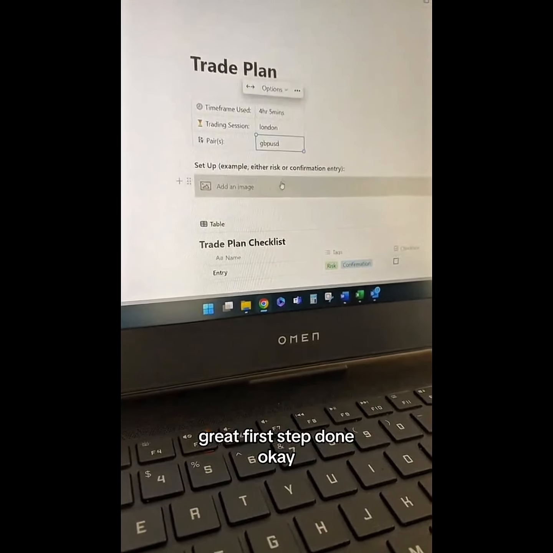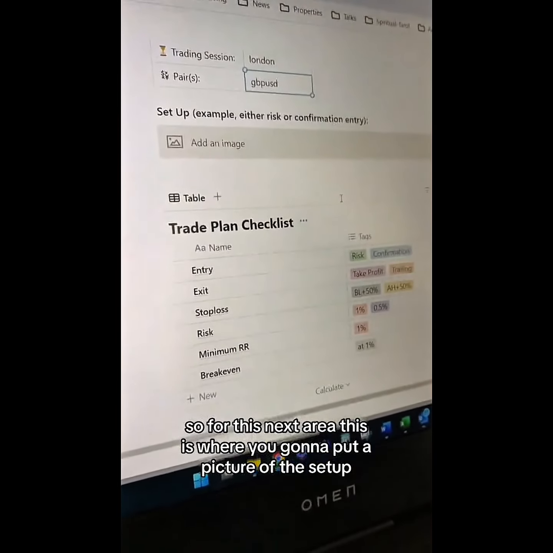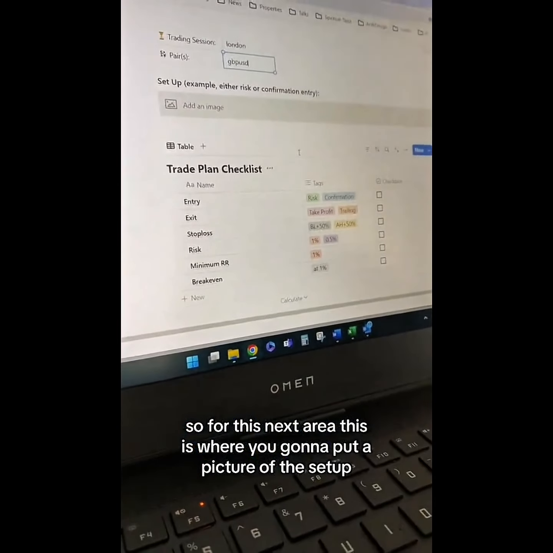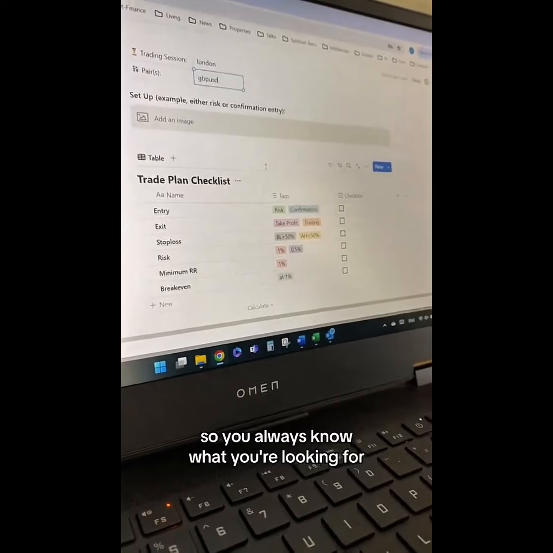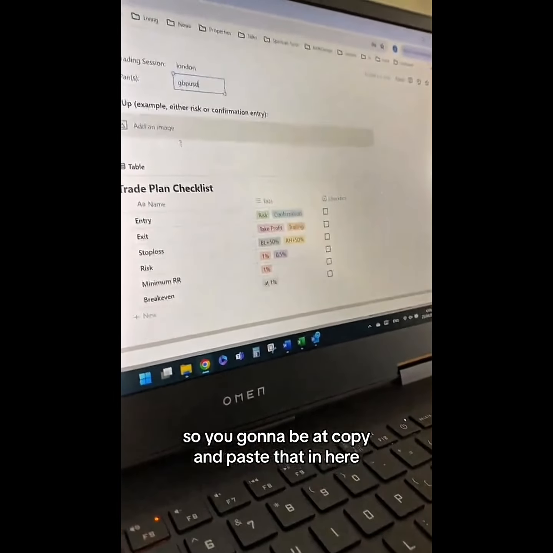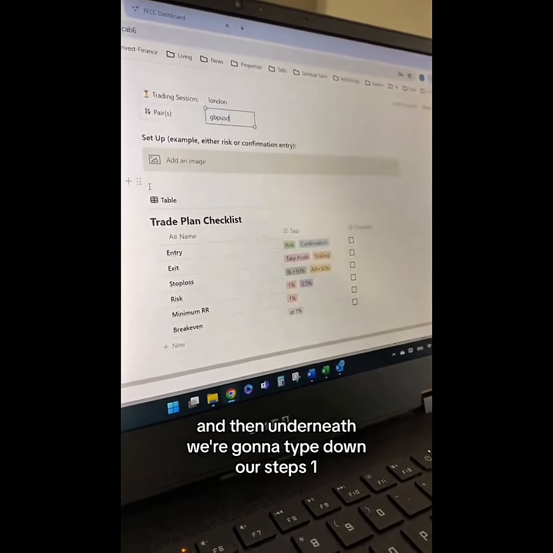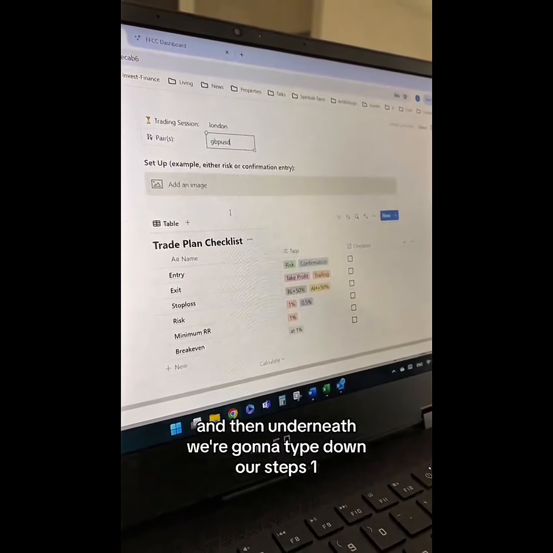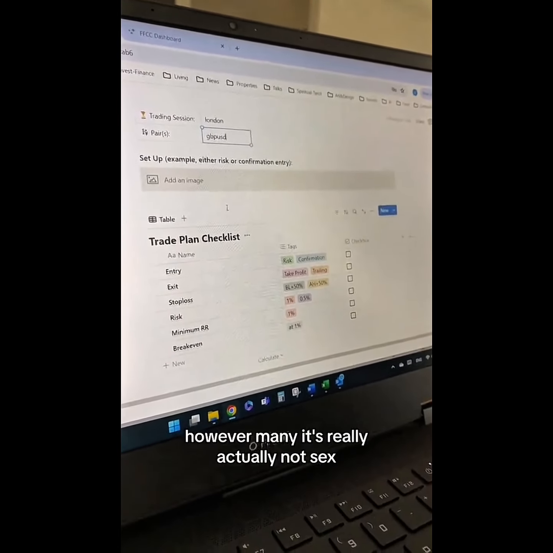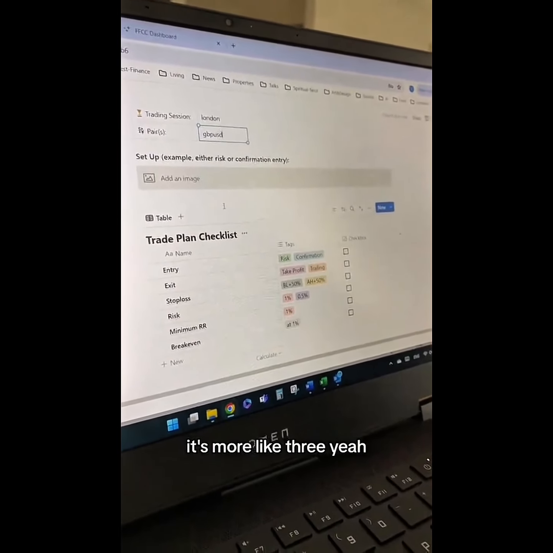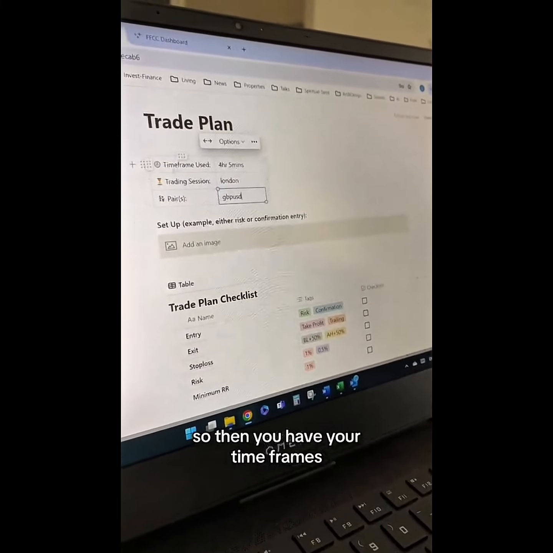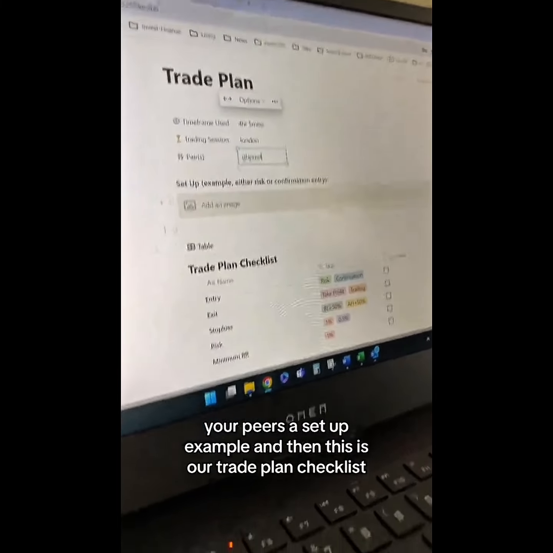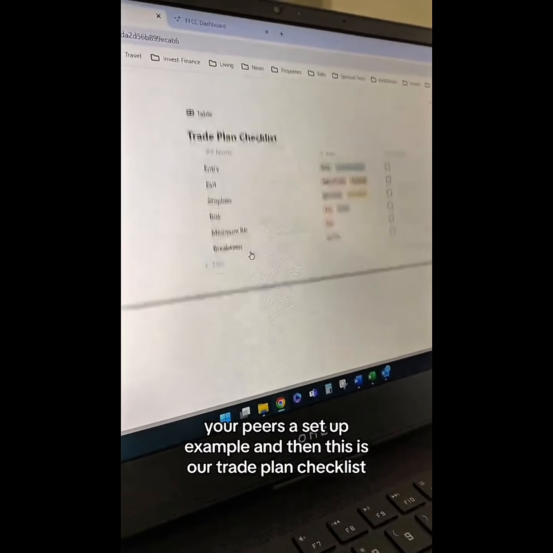Great. First step done. For this next area, this is where you're going to put a picture of the setup. It's going to be a picture-perfect setup, so you always know what you're looking for. You're going to be able to copy and paste that in here. And then underneath, we're going to type down our steps. 1, 2, 3, 4, 5, 6, however many. It's really actually not 6, it's more like 3. But you get the general gist. So then you'll have your time frames, your session, your pairs, a setup example, and then this is our